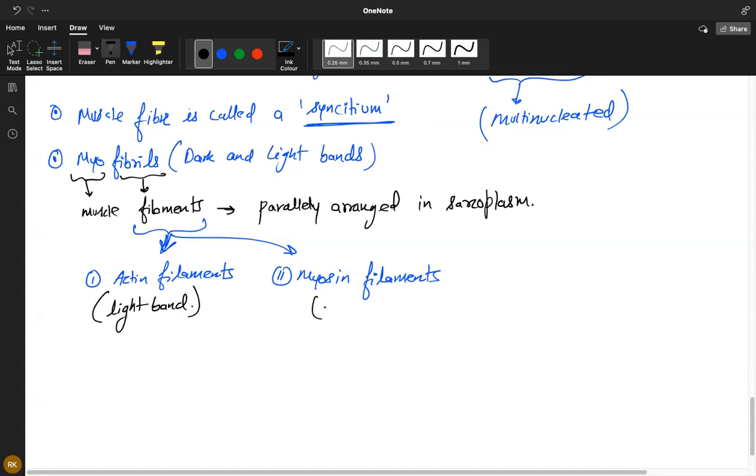And wherever myosin is present is called the dark band. So light bands are due to actin and dark bands are due to myosin. This part is clear? Simply? Very good. Now let me also pull out another figure